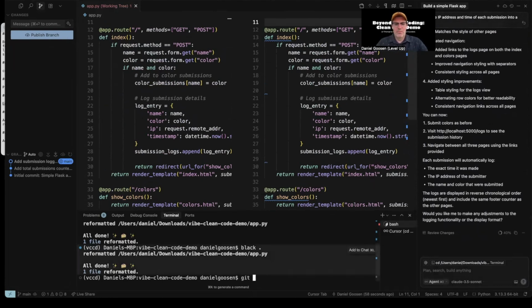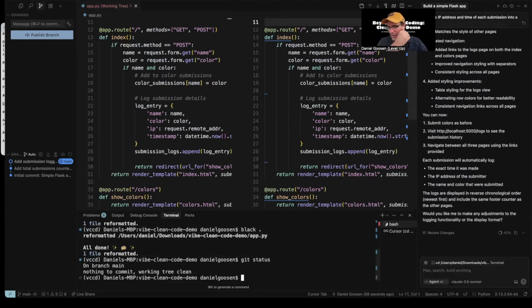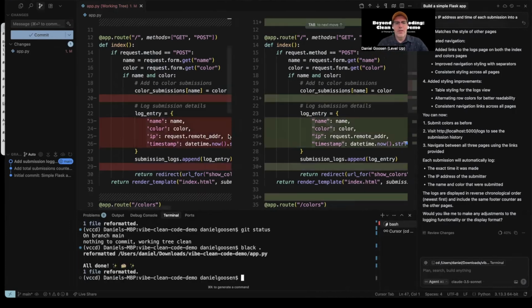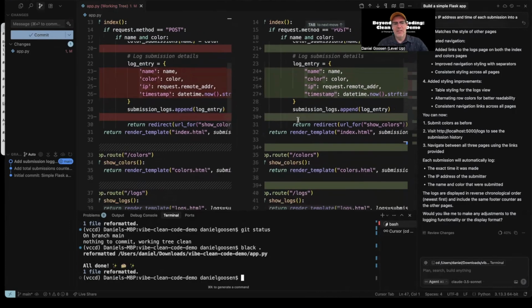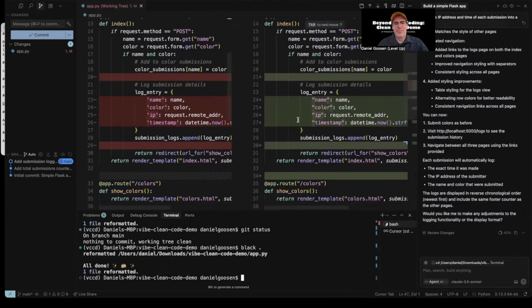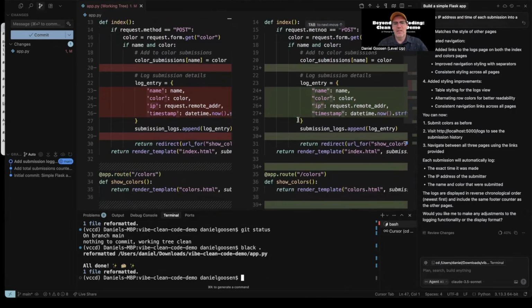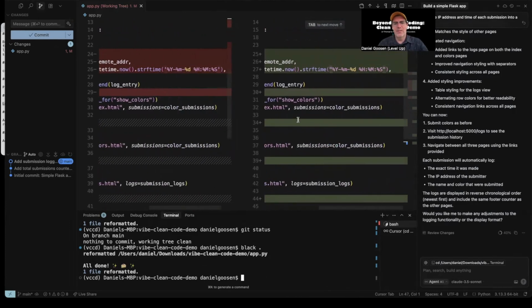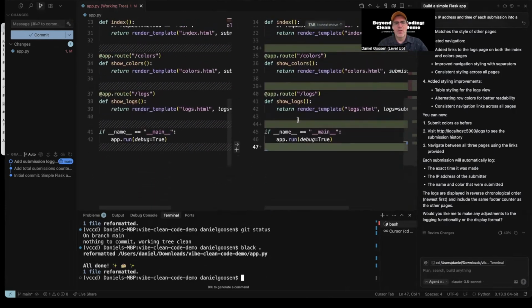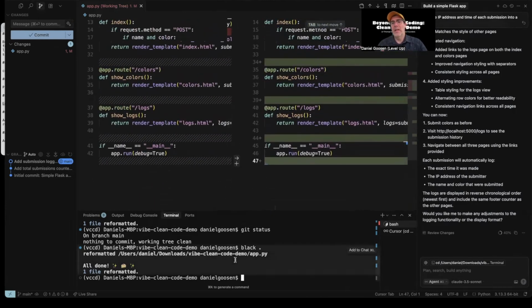And just to make sure that I know where we're at, yeah, I went ahead and did a commit. And so we'll go ahead and actually run black again. And we do see that it's making changes between what it had. And a lot of it is just kind of spacing and line breaks and things like that. But it can get into some bigger changes as well, again, to help readability over time.